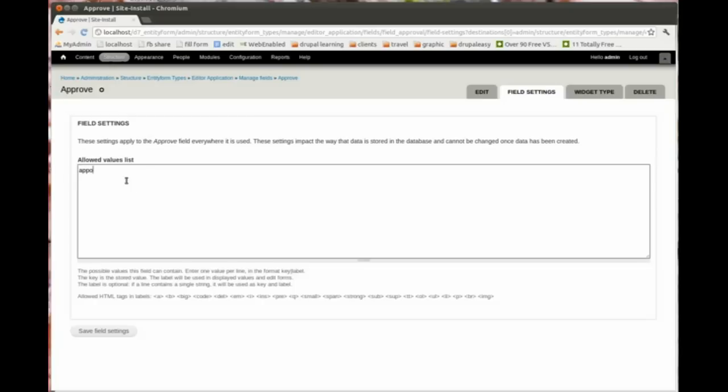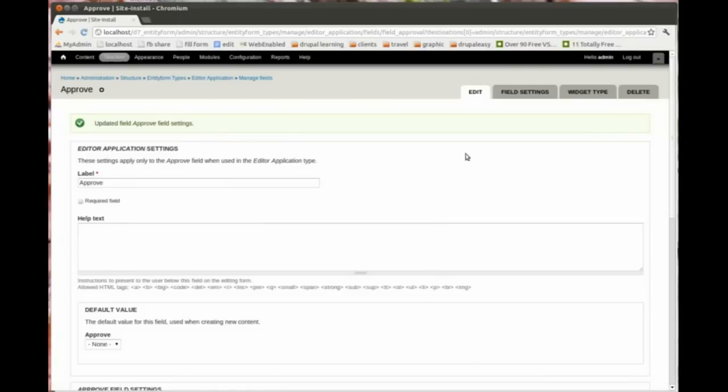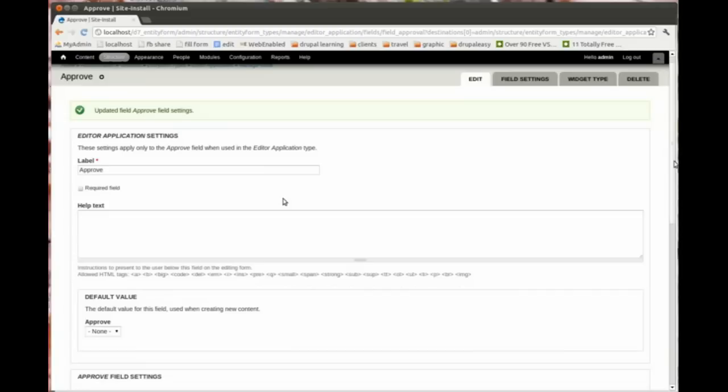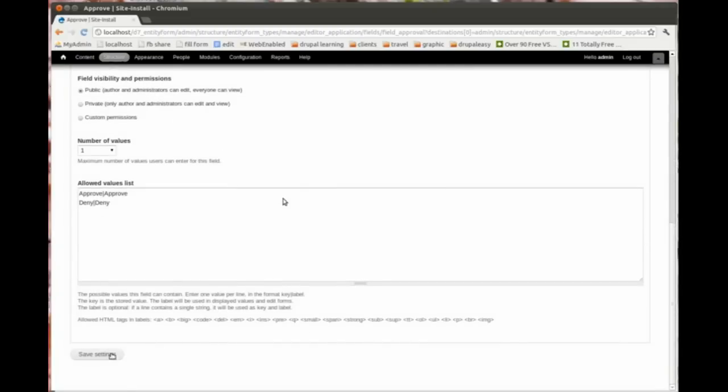So we'll just have approve as one of the values and deny. We'll save those settings. And we'll make it required so that, actually we will not make it required. So if I save these,